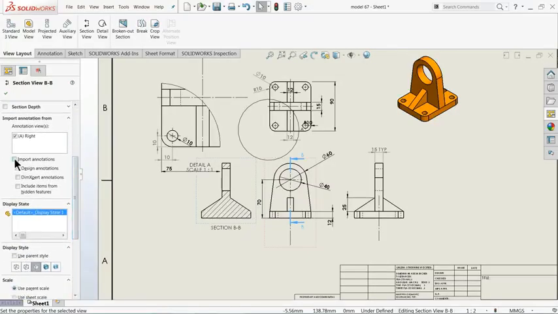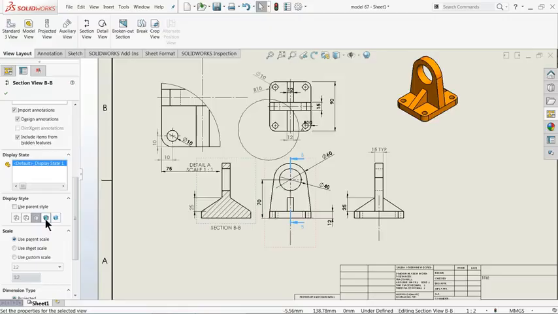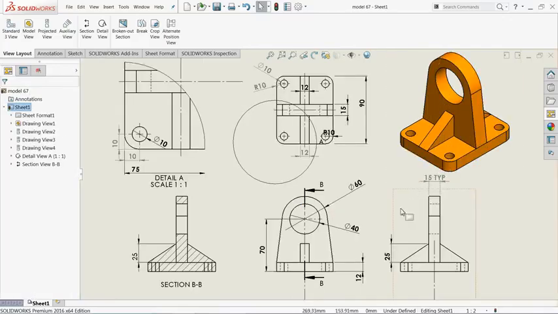now you can also import dimensions from here. See, it's dimensioned. If you uncheck it, and if you would like to change the color, see, it's changed. That's it. We can also change the dimension from here.